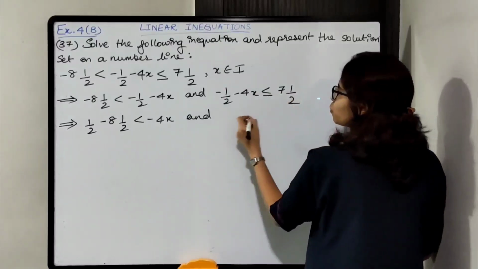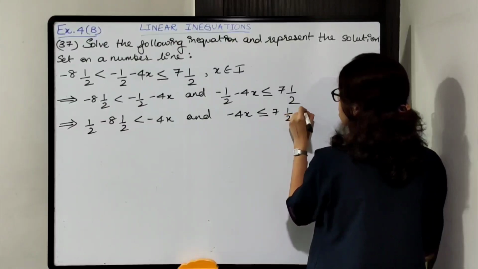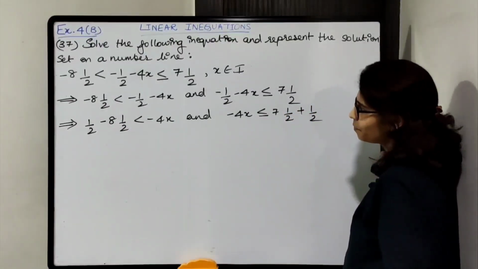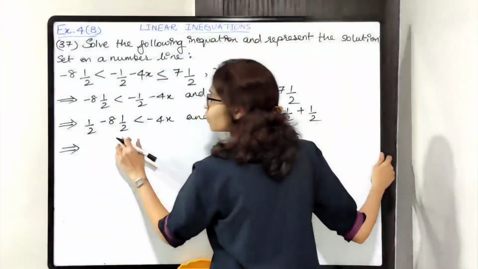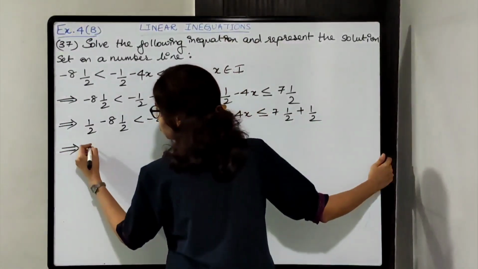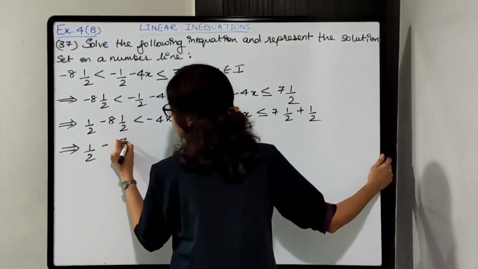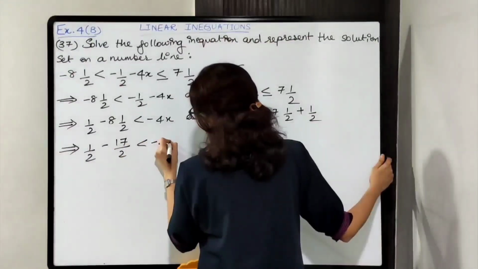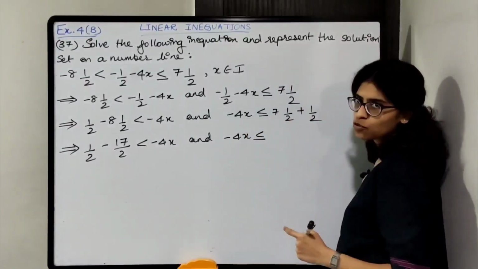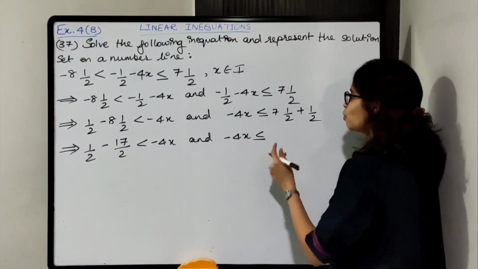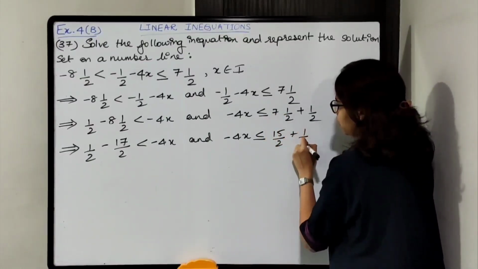I'll do the same thing. Number को ही shift कर दूंगी. So minus 4x is less than or equal to 7.5 minus will become plus half. Okay. Sign will change when you shift on the other side. So mixed fraction है, पहले solve करते हैं. Mixed fraction को proper fraction के form में express करेंगे. 2 8s are 16, 16 plus 1 17 upon 2. And over here again mixed fraction, so express it in proper fraction form. 2 7s are 14, 14 plus 1 15 upon 2 plus half.